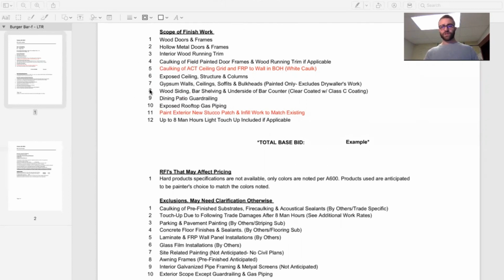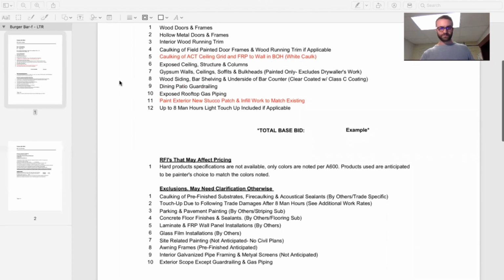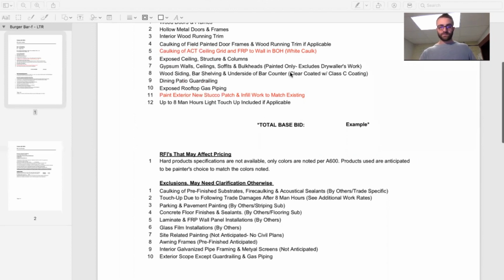Exposed ceiling, structure, and columns. That was in the main dining area. The whole entire exposed ceiling was sprayed, as well as the HVAC ductwork, any sprinkler piping, all those things. So we make sure that we include that in there. And then you have your standard gypsum walls, ceilings, which are in the restrooms, soffits and bulkheads, anywhere there's a transition of ceiling heights. And we specifically excluded drywalling work here because sometimes there's a little gray area with that